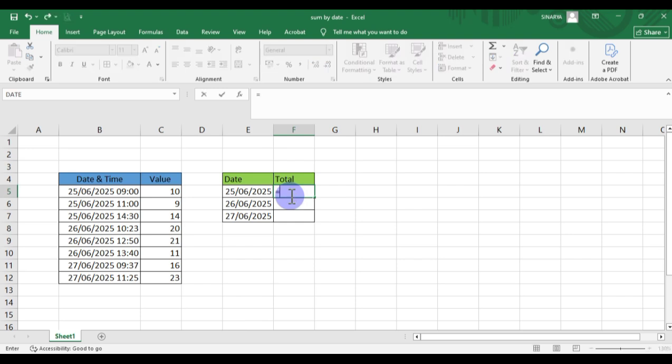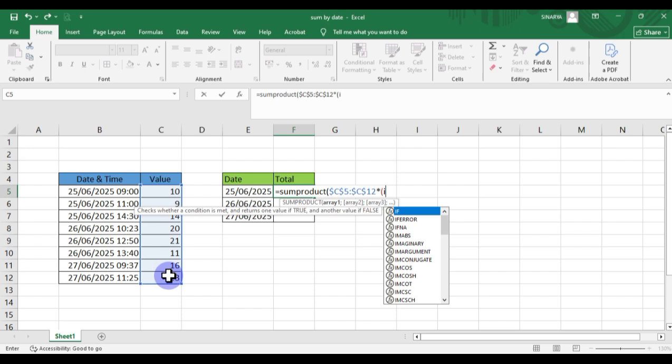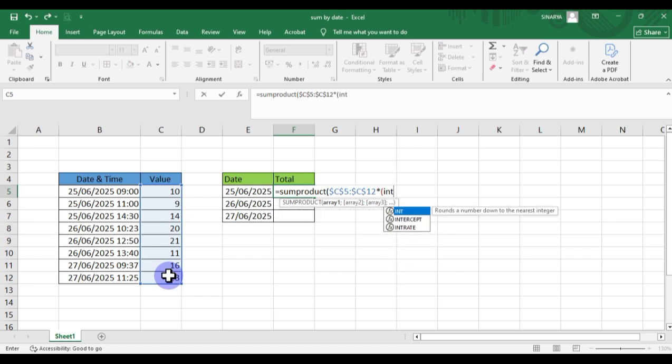Just type like this, SUMPRODUCT, and then select your value data like this, and then type the asterisk sign, and then the INT function, and then select your date data like this,